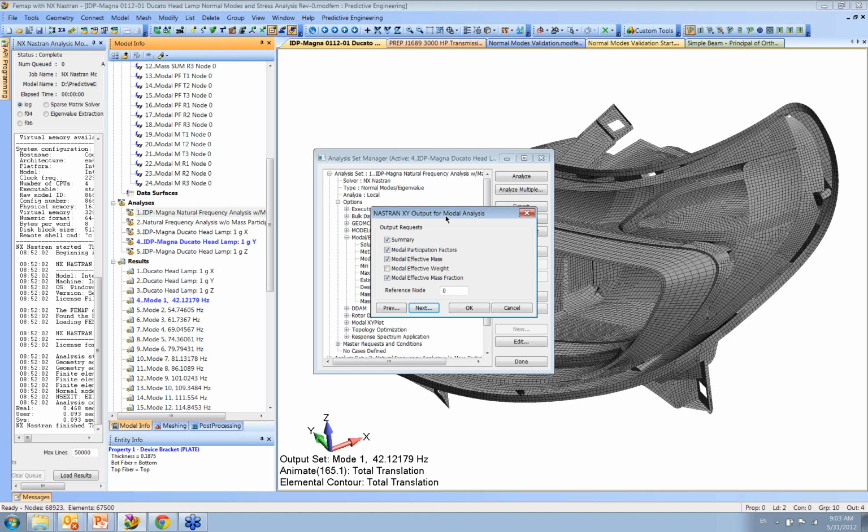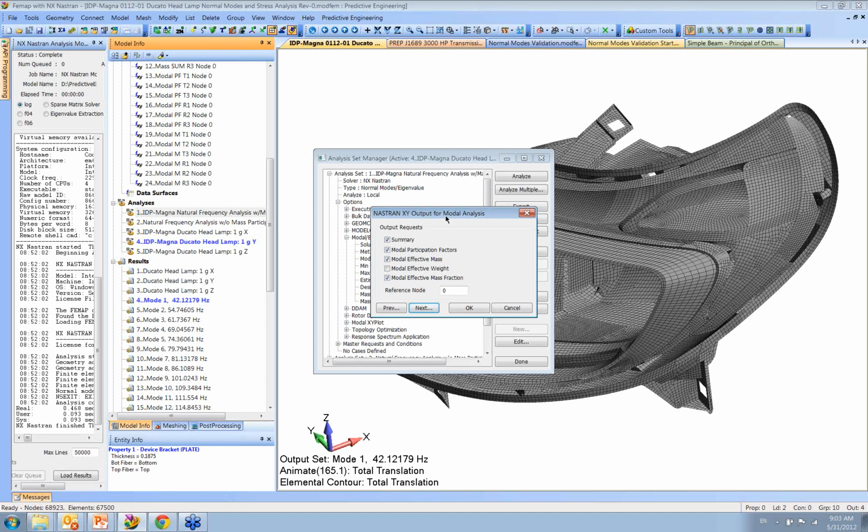It really derives from when you look at frequency equals the square root of stiffness over mass. When you run a normal mode analysis, it sorts the lowest mode first. It doesn't sort by the mode that has the most mass, the most energy associated with it. It's just the lowest frequency. So in structures you can have low frequency modes that don't have that much mass associated with them. They're not high energy.